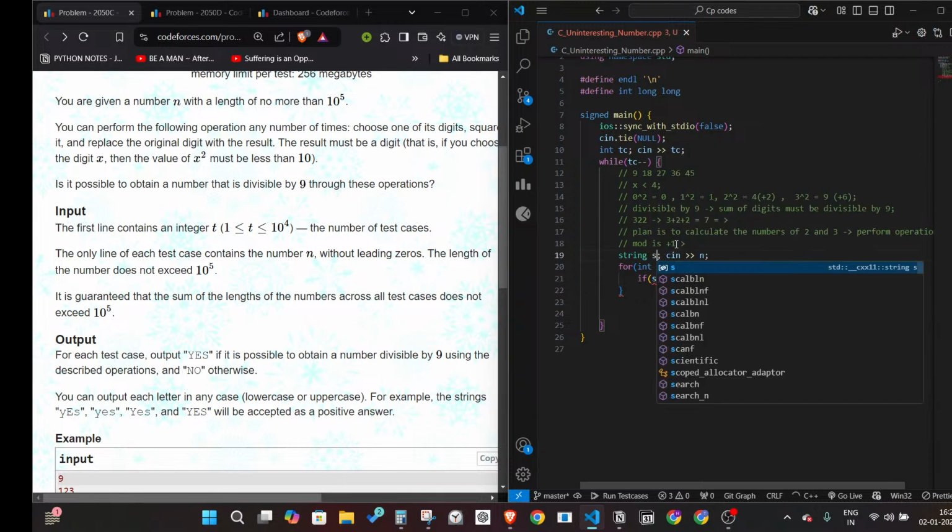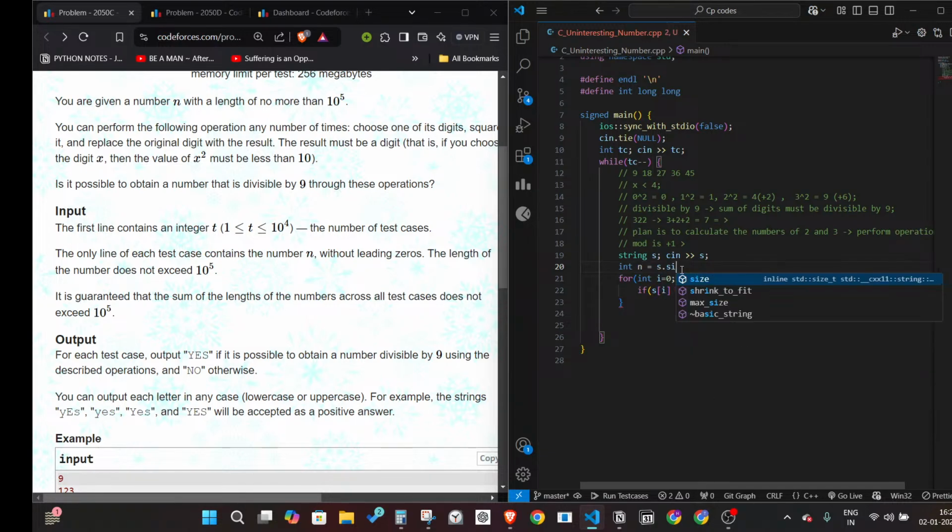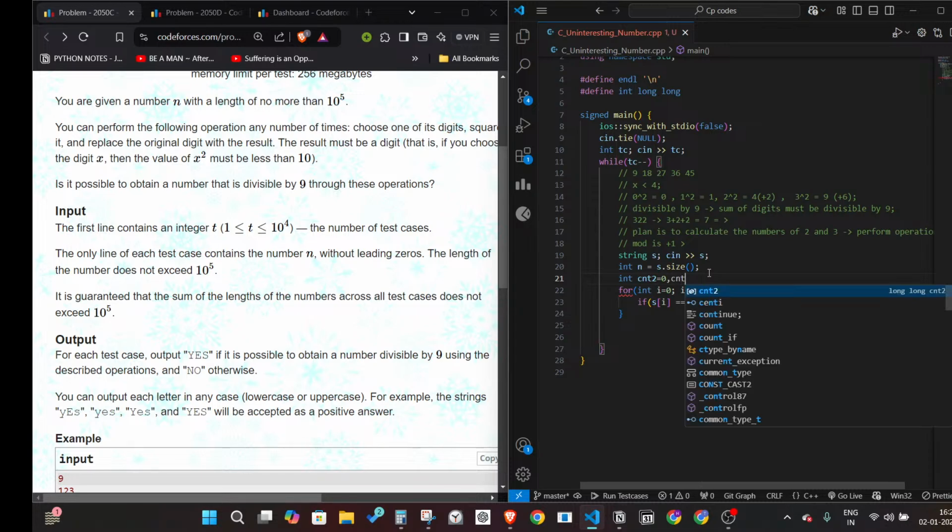Okay, got it. String s, and what is n? n is equal to s dot size. Yeah, makes sense, I guess. Yep, that makes sense. So we have to make two counters actually: cnt2 equal to 0 and cnt3 equal to 0. Okay, if s equal to 2, then do cnt2 plus plus,